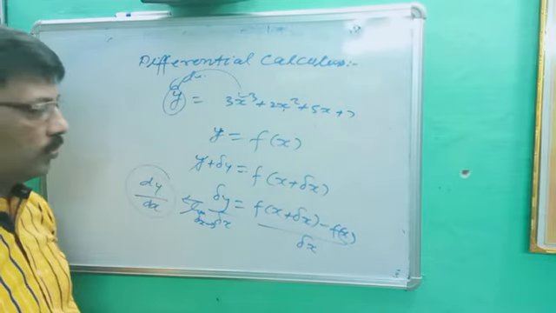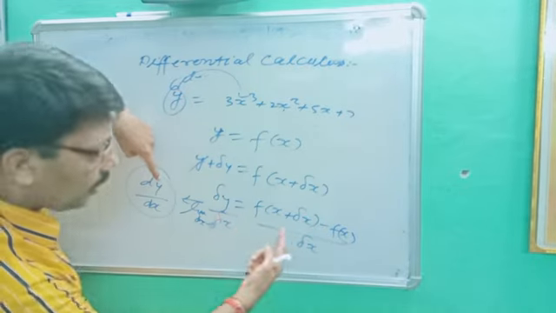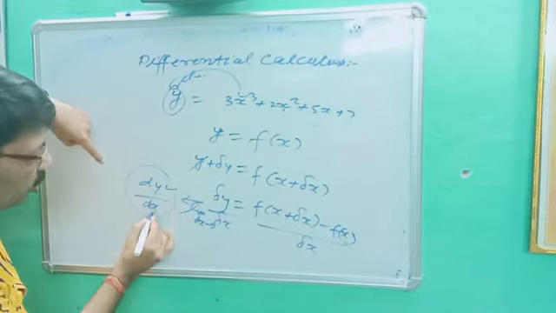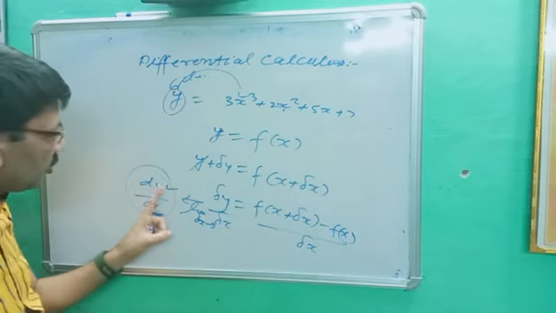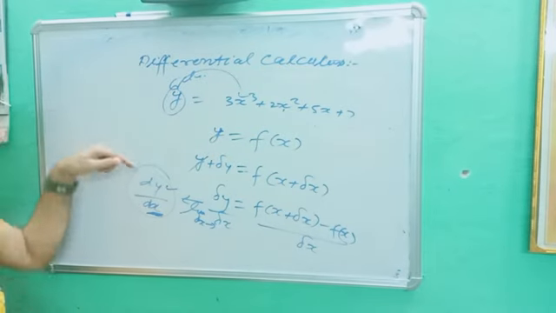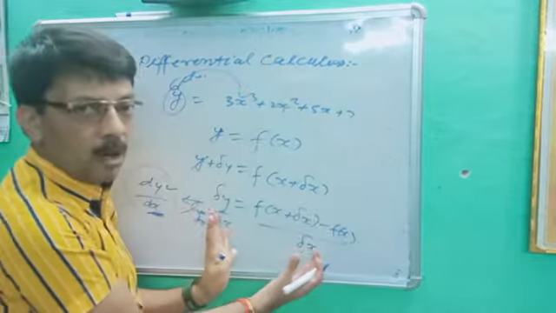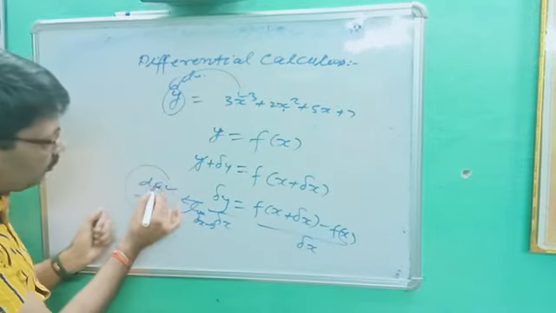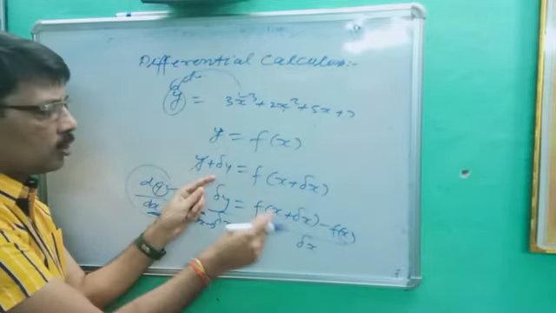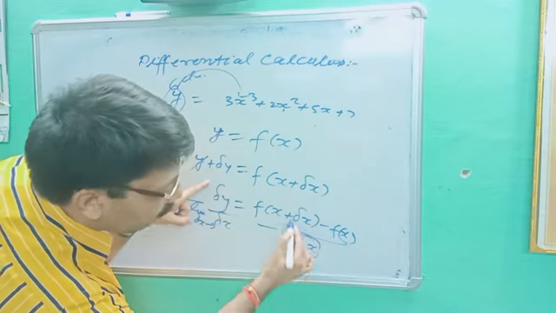Note down the point. What is dy upon dx? It is the rate of change in y with respect to x. The rate of change in y with respect to x is called differentiation of y with respect to x. So dy upon dx is called differentiation of y with respect to x. This is the meaning of differentiation, and this is the mathematical form of differentiation. You better know, when x changes, y changes. So we are getting the change in y with respect to the rate of change in x.